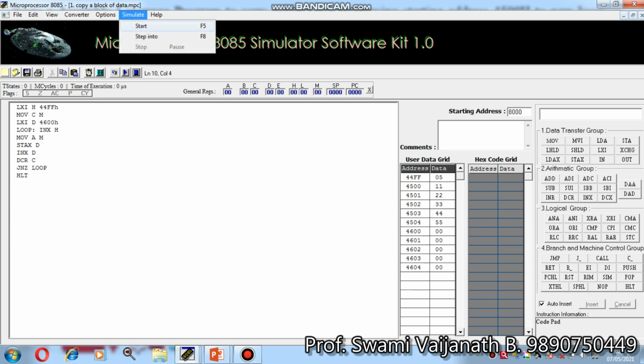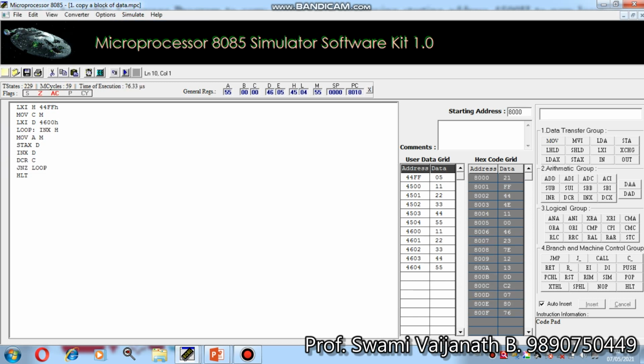I execute this program, then you will see the length of block is 44FF 05, and the source location 4500H content 11 22 33 44 55 is copied to 4600H, the same.